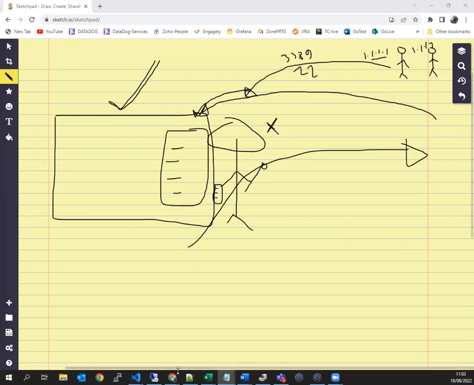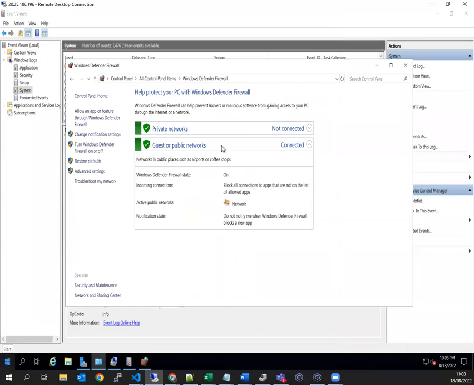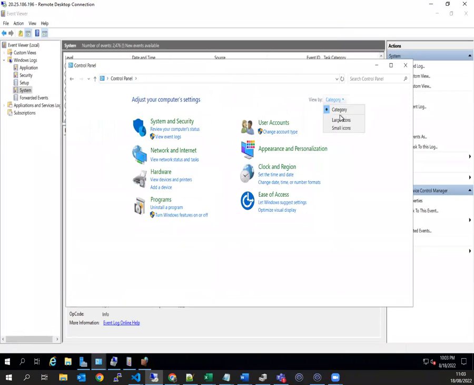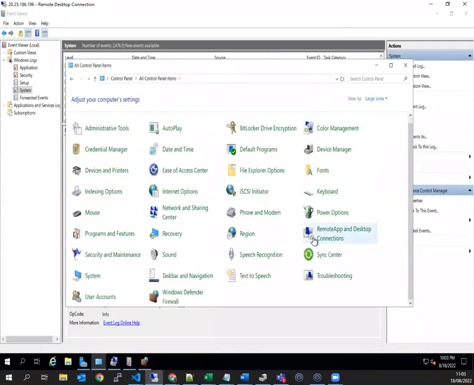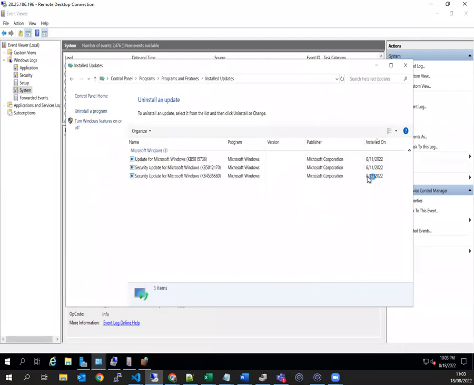Now, another very important piece of information is patching, right? You need to make sure that your system is up to date when it comes to patching. And how do you get there? Very simple. Again, control panel is your guy. Under control panel, I will go to large icons and look for programs and features over here. Click on that. Then here you see view installed updates. Once you click view installed updates, it can now give you